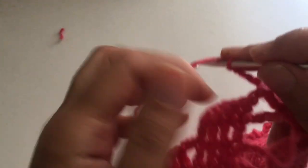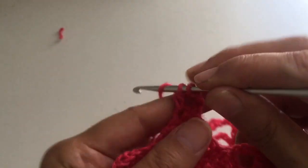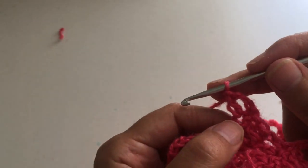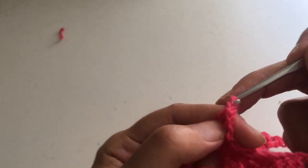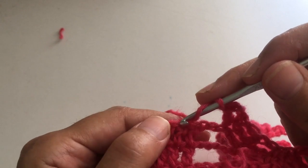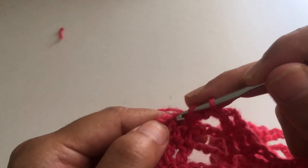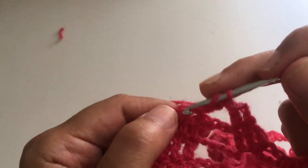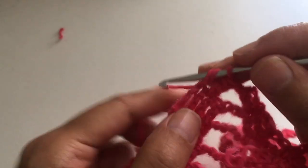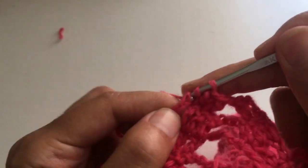We turn the work around, and we're going to make 1 treble. The last one we're going to skip. This one we're going to skip. We make a chain, we skip the first one here, and we make 3 trebles on the next 3. 1, 2, the last one in the chains, and 3,